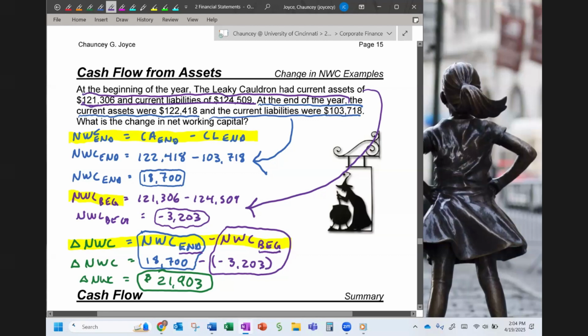Two wrongs make a right there. So subtracting a negative would be positive. Two wrongs don't actually make a right. That was just a joke. All right, so then we're just going to make this positive and then add it to the 18,700. Could have just added recall 1, but we'll do this. The change in net working capital is a positive